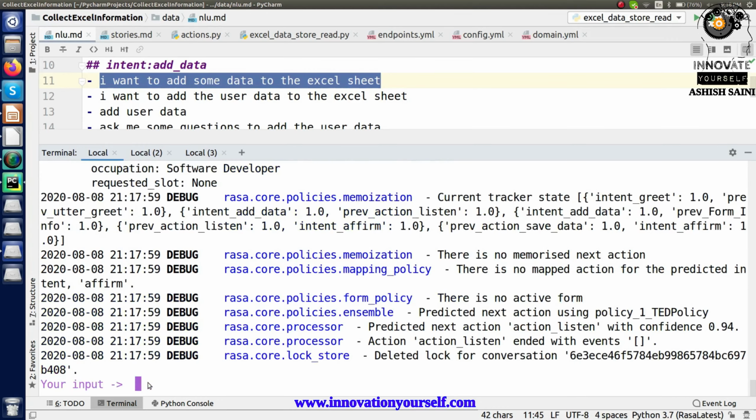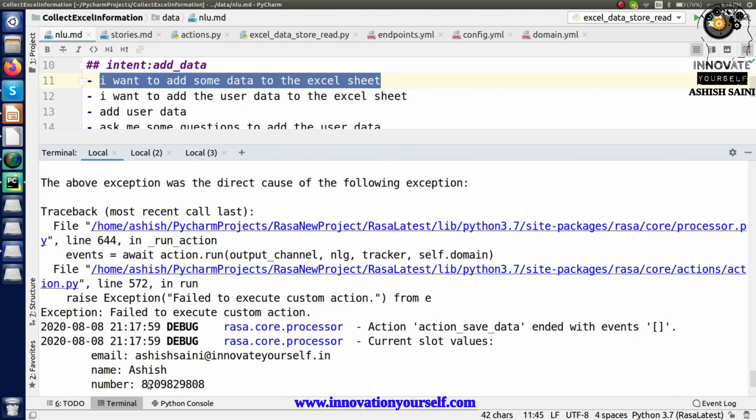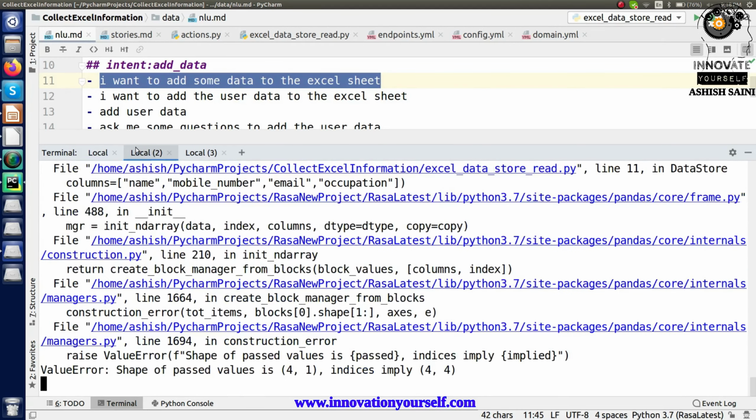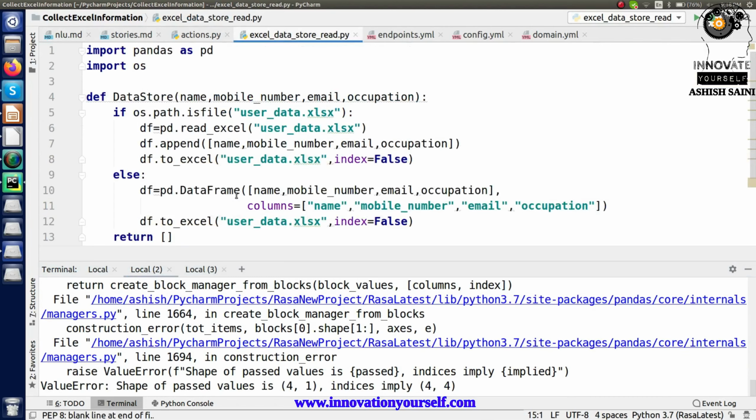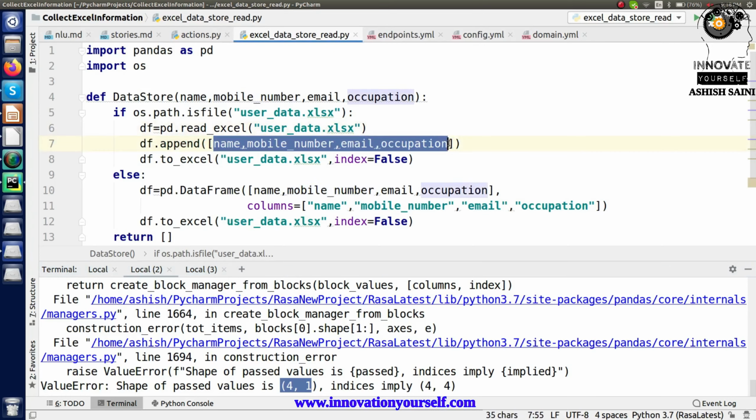Alright, it didn't show you anything, that means something went wrong. Okay, got it. The error is in the action file, and not only there but also in this Excel sheet, because right now it is treating it as if I have passed 4 multiple values, but I have to pass only a single value containing 4 different column values. So I have to make the changes here. I have to put it inside another bracket so that it will be treated as a single data entry for a single user.